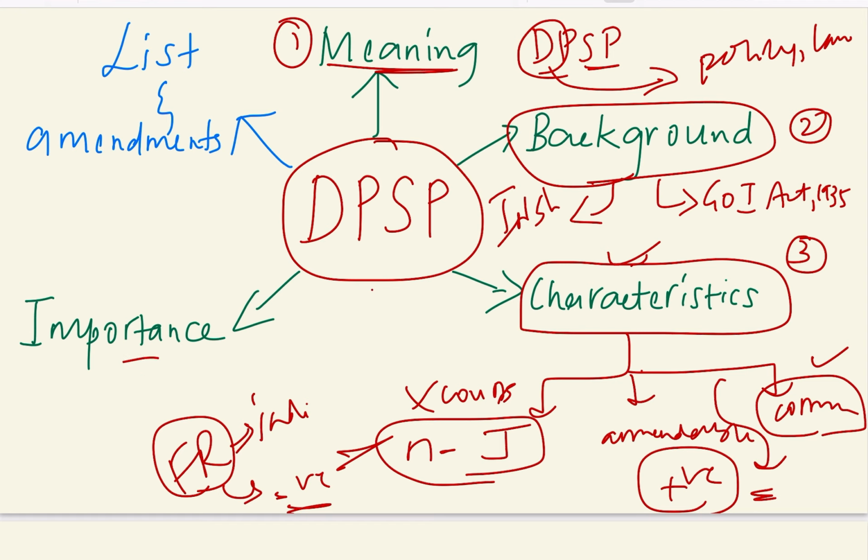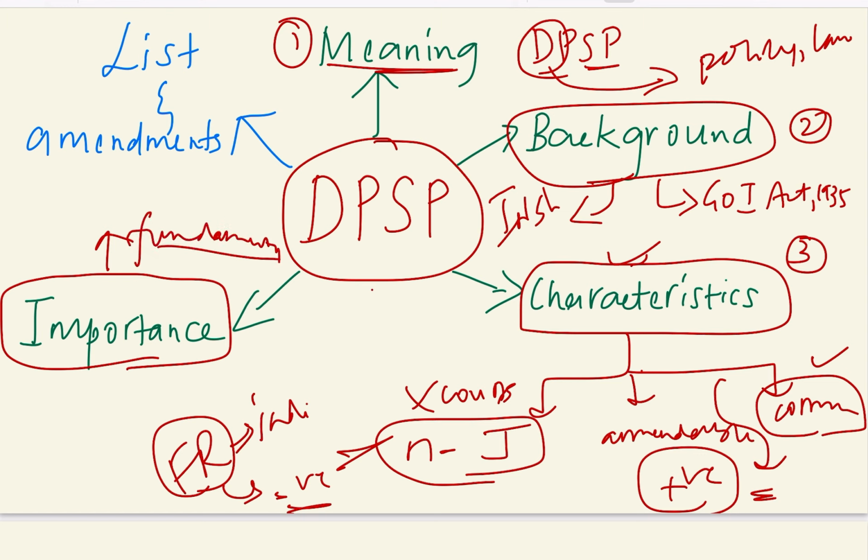And also we studied the importance or the significance of DPSP in our constitution. DPSP are the guidelines for the state, right? That is the reason it is very fundamental, and also fundamental in the governance of the country. And also the other importance of DPSP is, see, the government can bring up welfare schemes or populist schemes just to gain the votes, right?